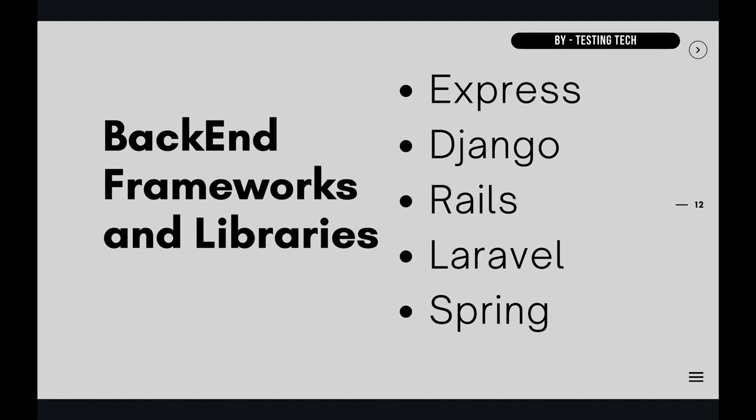For Rails, we use Ruby as the programming language, and famous use cases are Yandex, Shopify, and GitHub. For Laravel, we use PHP as the programming language, and famous use cases are DeltaNet Travel, Neighborhood Lender, MyRank. For Spring, we use Java as the programming language, and famous use cases are Trivago, Varejo, Intuit.